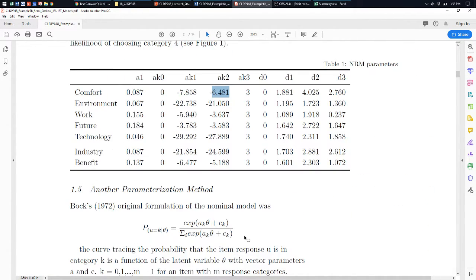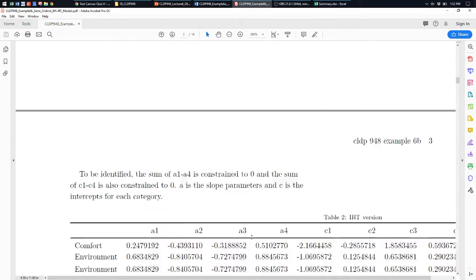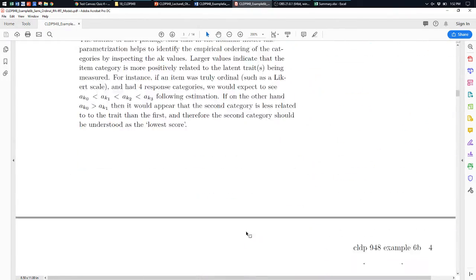So for a category item, it will be estimated 4 slopes and 4 intercepts. There will be 8 free estimates per item in the nominal response model. So it comes to